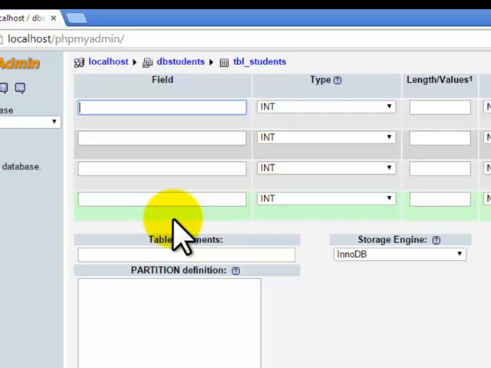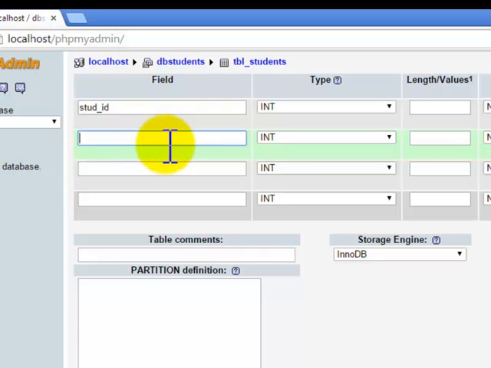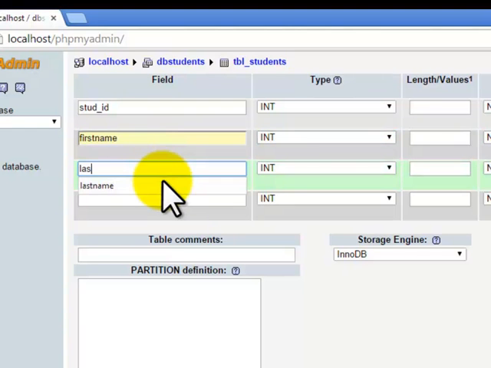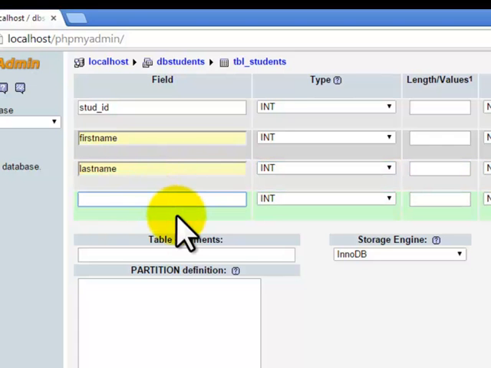The first field is, for example, student ID, or stud ID. Then the next field is first name. The third field is the last name. And the last one is, for example, department.